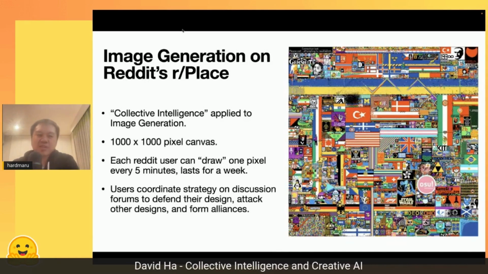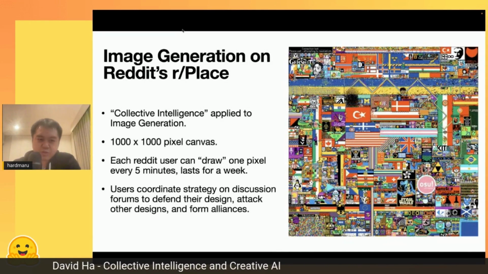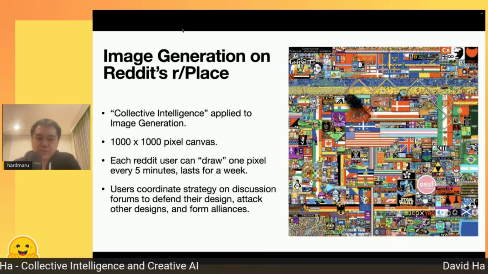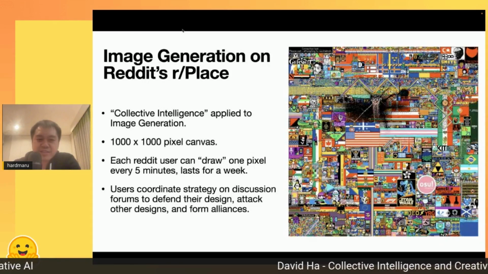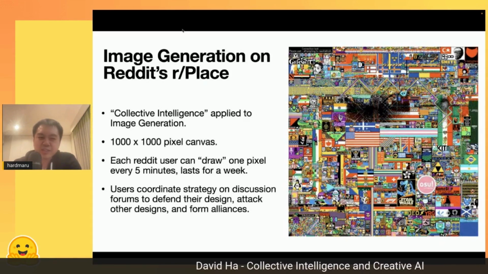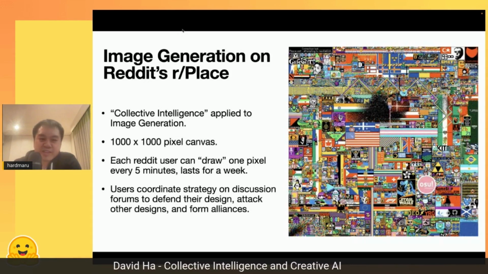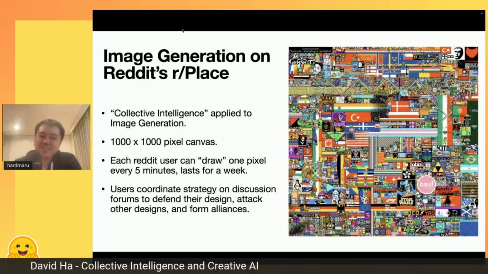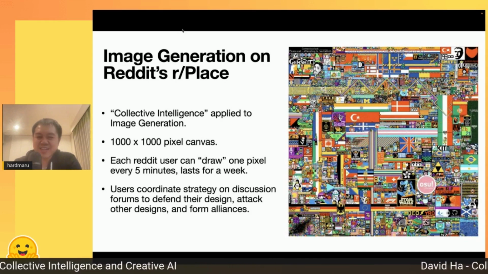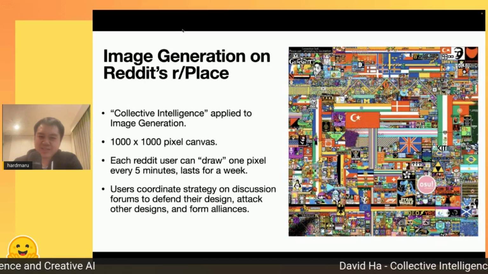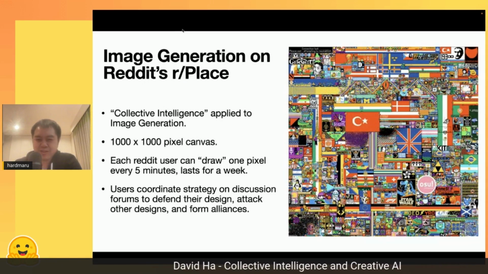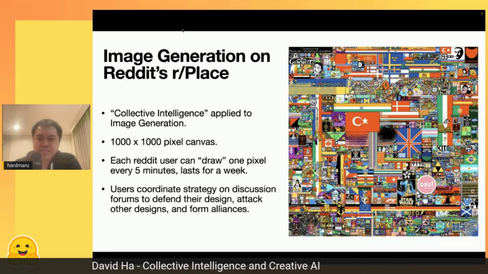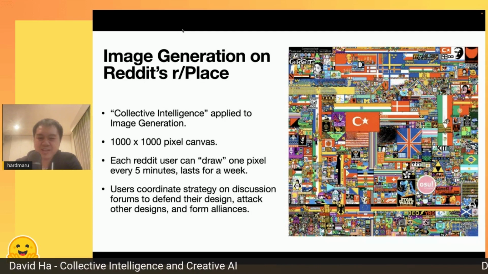What happens is that users on Reddit, without any explicit reward signal, even coordinate strategies on the Reddit discussion forum to defend some designs, to attack other designs, and to form alliances. And this seemingly non-objective task leads to lots of awesome patterns, resilience, and robustness.